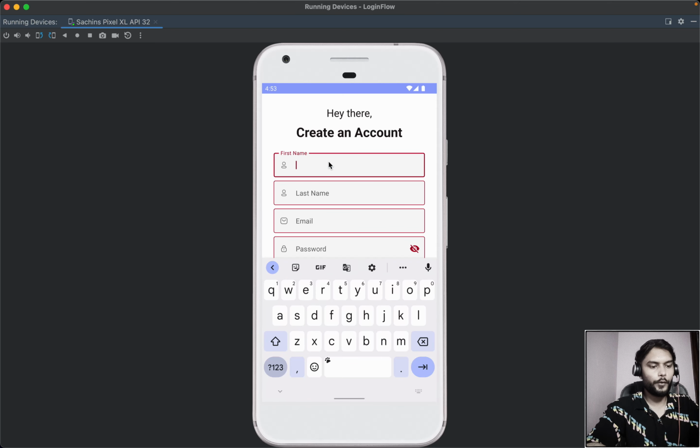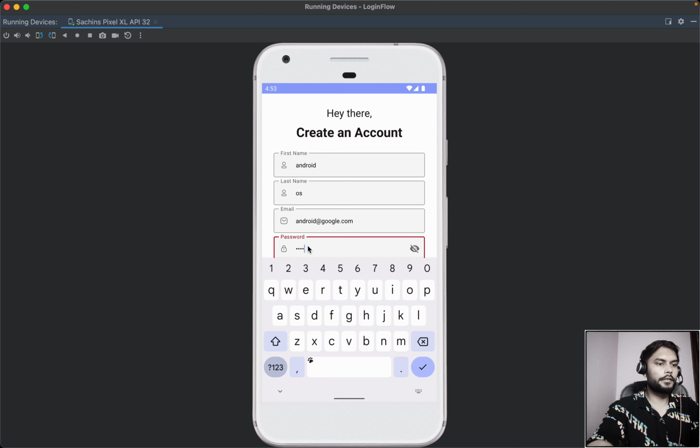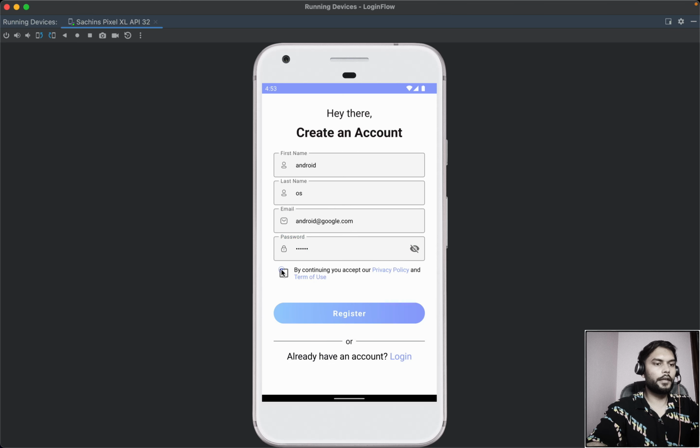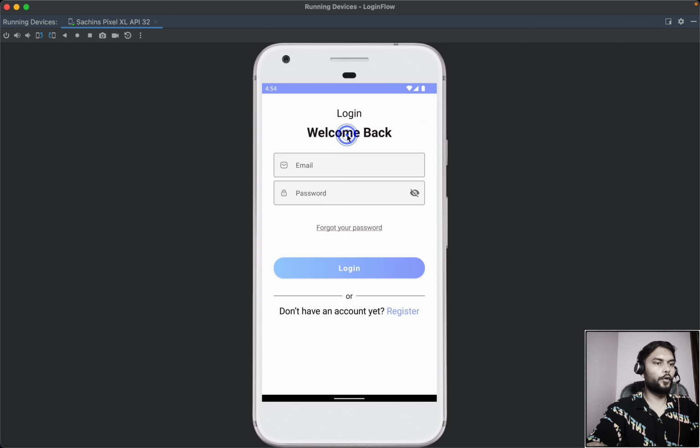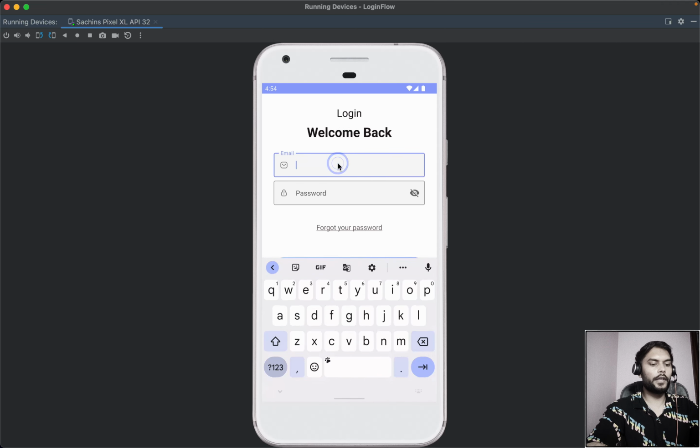If we create one new user, let me show you one new user. So let's create Android, okay, and OS. Let's use Android@google.com for password. Let's enter same thing, and if we click on this, then only this button will be enabled, else this is not enabled. And let's say we create this user, so it is creating one new user properly, and we can see we have this logout option. We can log out, we can come back to login screen, and now we can use that id